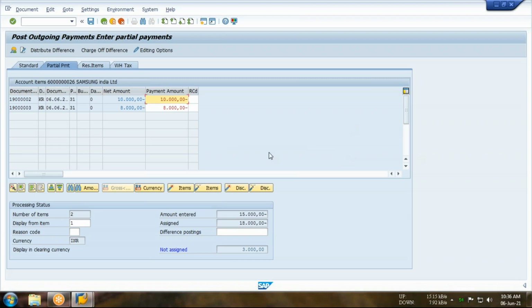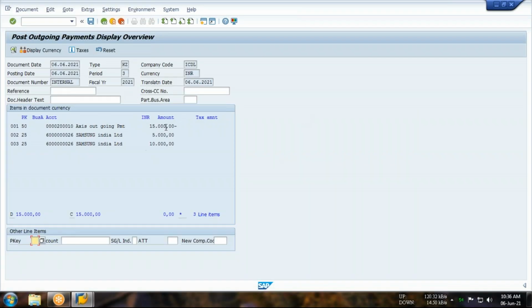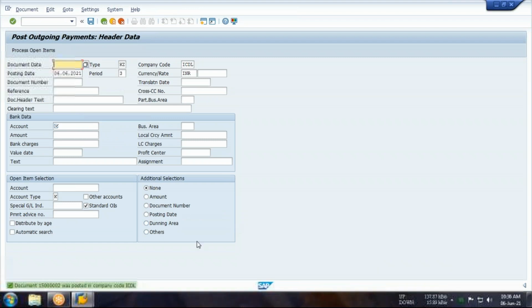Is everyone getting this? So do whatever you want, first bill or second bill, and then come to the document and simulate. As you can see, the journal comes automatically, and then post. So this is the way to make the payment of outstanding to the vendor. Is everyone getting this? Okay. Shall I move on, guys? Move on with the next part.